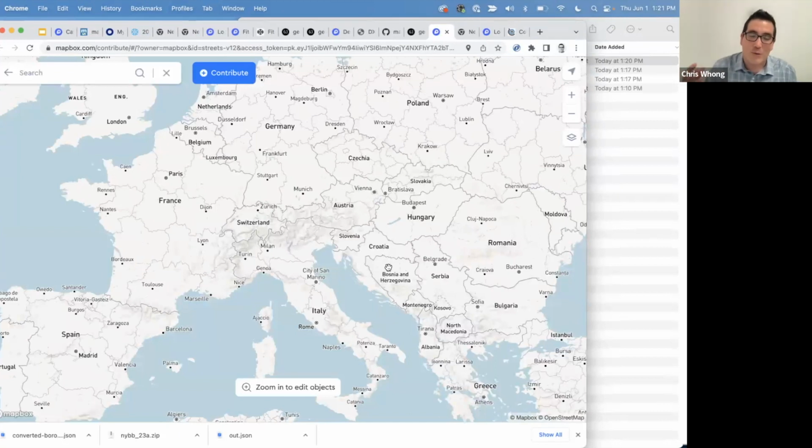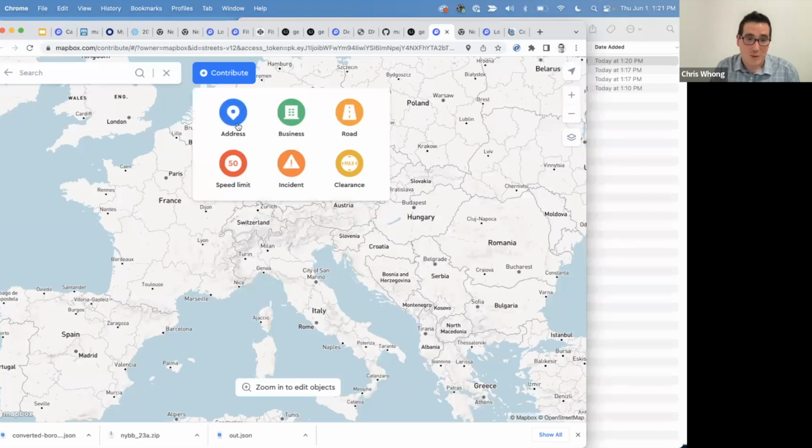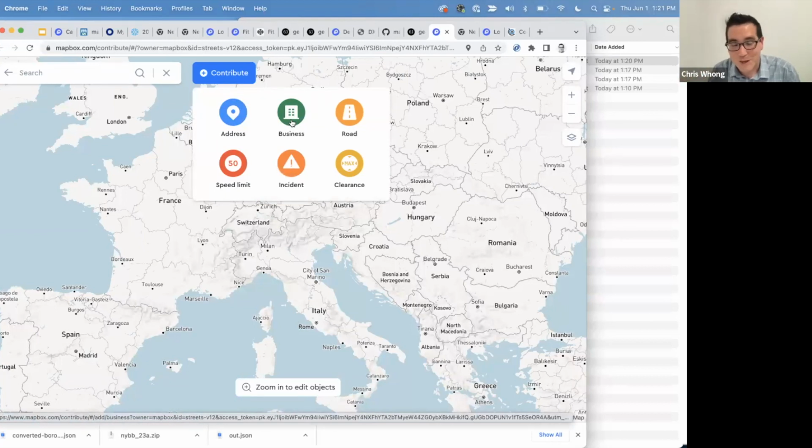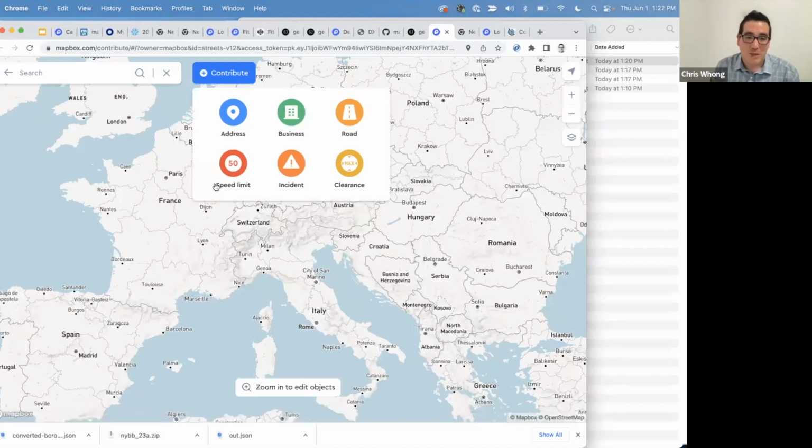it's anyone who's using your map can actually do this, but because you are a Mapbox developer and are even more interested than your end user in having the highest quality data, this is basically how you can give us corrections to the map. So if you click this contribute button, you can add an address or you can correct an address. You can add a business or correct a business. You can add a road where there is no road or where a road was just recently built. So we have lots of different data sources we collect all this stuff from, but an important data source is the users who are on the ground who can just say the speed limit is wrong here.